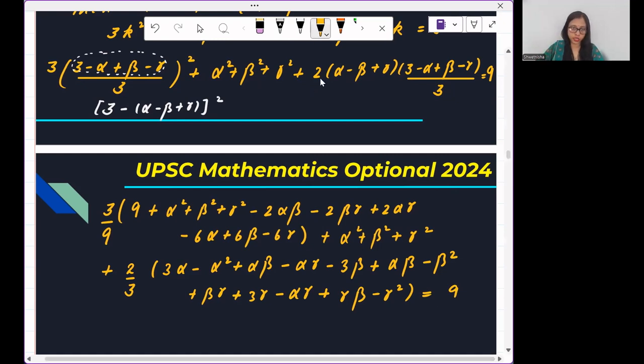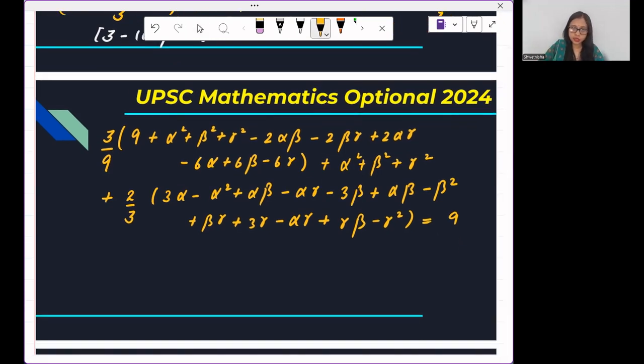Let me take the LCM this side. So in a broad sense, I have this term and the first bracket, the third bracket. We have 3 brackets here. If I take this, this is also 1 by 3. So 3 is the LCM, right? It will go there. It will be 27. So it implies this is going to be